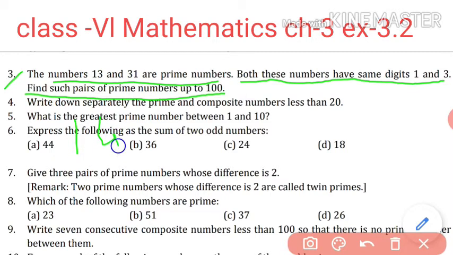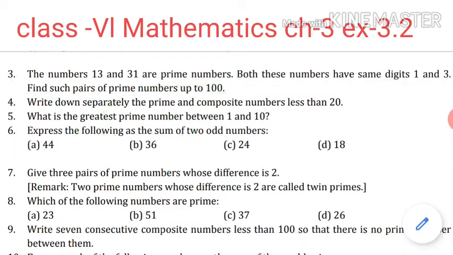Now the next example I will give: 1 and 4, and 4 and 1. But is this a prime number? 14 is not a prime number. 41 is a prime number. So this will not be an example for this question. So again you can think of more numbers. 1, 5 and 5, 1. Is 15 a prime number? No, isn't it? So in this way you have to find some pairs which are prime numbers. So which will be the correct answer? Can you tell me that number?